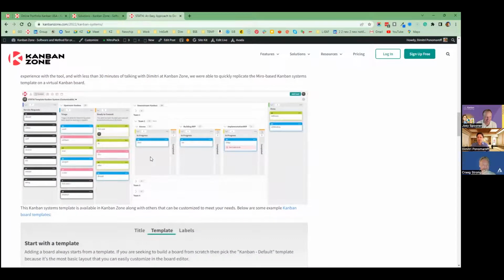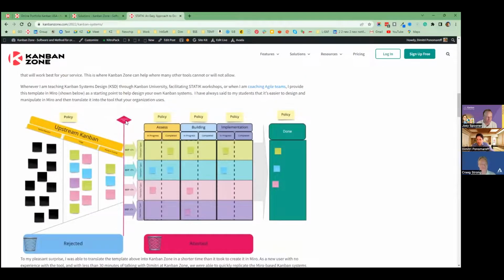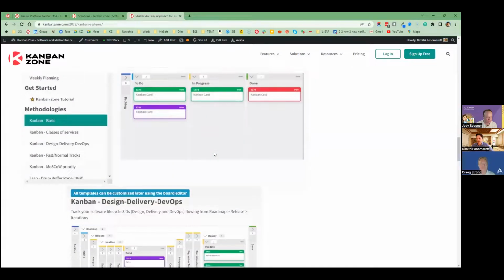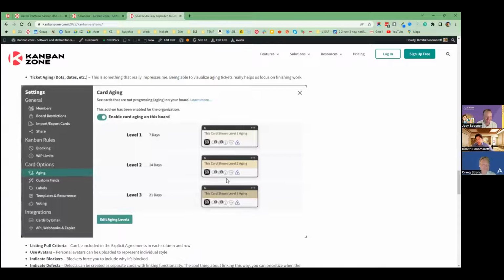And of course, we built it together, right? Stuart and I. And once he saw it, he goes, wow, my commitment point, which was very important for him. You can represent it very simple here and all that good stuff. And I'm like, yeah, of course I can. And we kept on talking and he kept on going crazy. And then he went, I love your aging. Your aging is so cool. We didn't even talk about aging, but